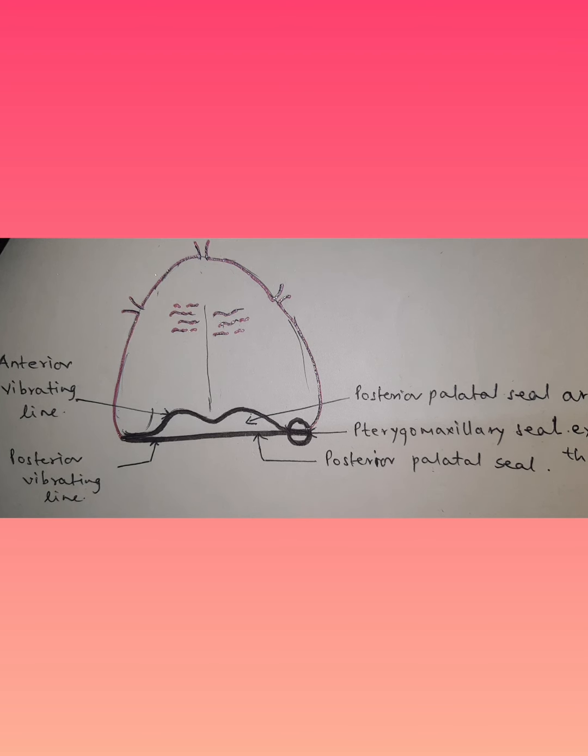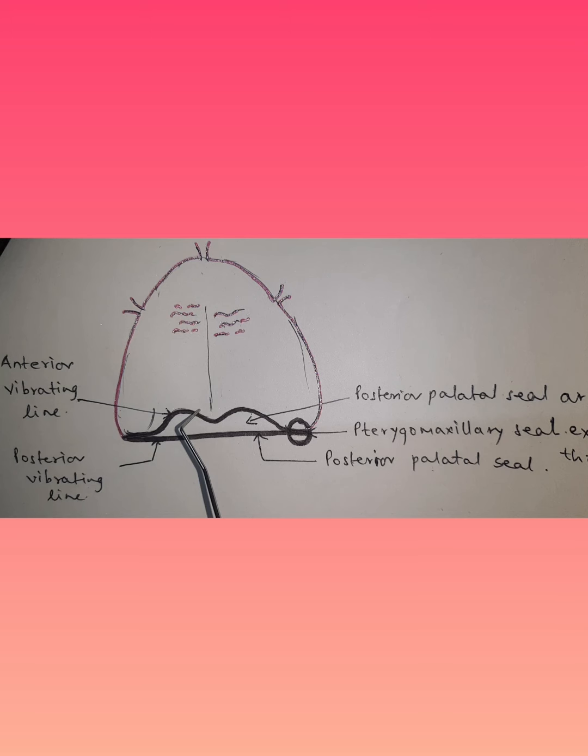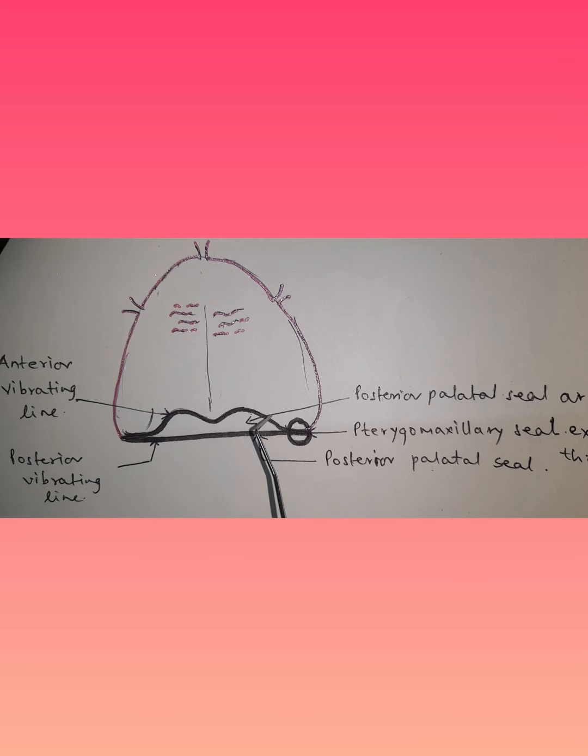And what is the fovea palatini? The fovea palatini is basically the openings where the palatal mucosal glands drain. So it is an important structure, but you will not be able to locate it in all patients. So it is definitely not a reliable anatomic landmark to which you can relate or record your posterior palatal seal.